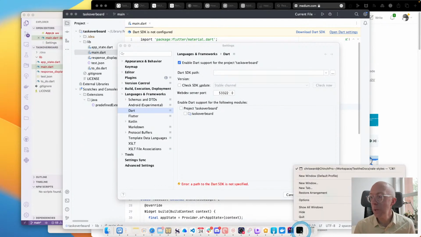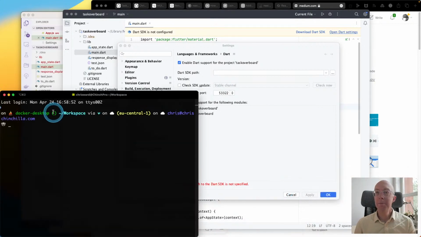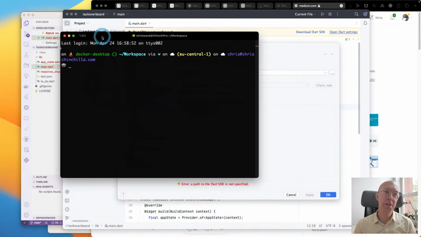I tell a lie as well. Every time I'm opening a new window, things are opening on the wrong window. It wasn't just IntelliJ. I don't know how to fix that. Kind of a pain, actually. I suppose I'd have to temporarily say make this the main window or something like that.